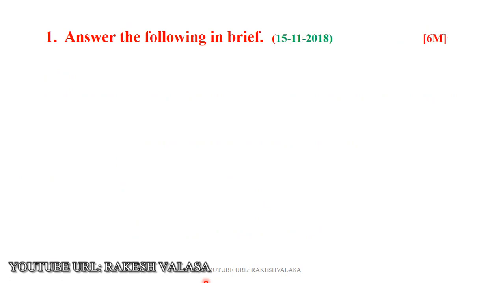This is from the 2018 paper. Let us see question number A. A prism is a regular polyhedron. Is it true or false? Here the prism is not a regular polyhedron. Only a cube is a regular polyhedron. Here regular means all faces are equal. But for a prism only the side faces are equal, and the top face and bottom face are equal. So that's why a prism is not a regular polyhedron. So the correct answer is false.